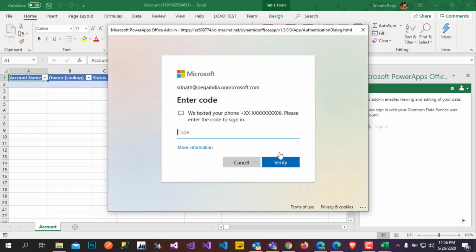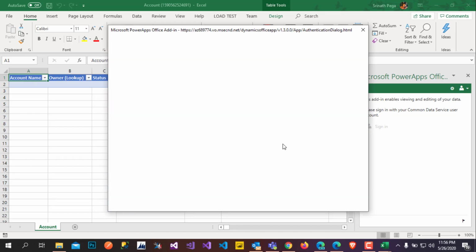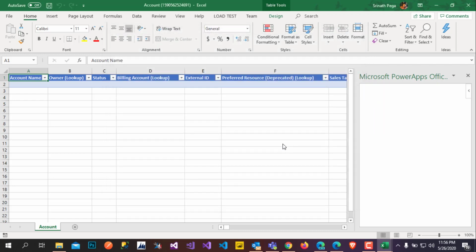Done. It will connect to your CRM. See, data is loading. Retrieving metadata.